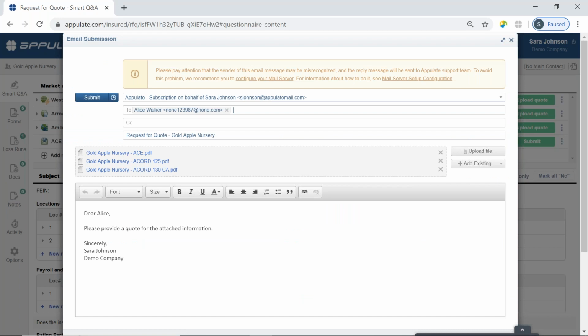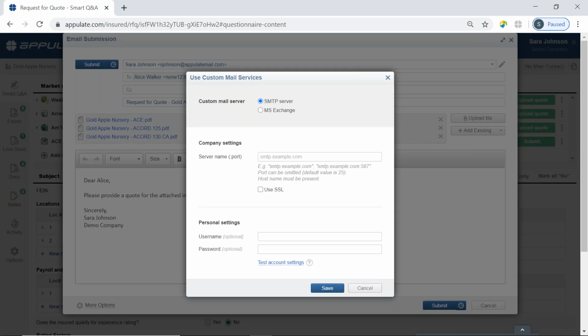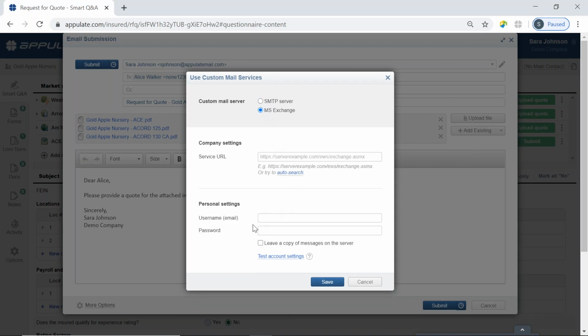ProducerConnect standard premium agencies, again, do not forget to configure your email. It's actually really simple to do so from the email side submission. The very first time you send one out, you'll get this yellow informational at the top. All you have to do is click on the verbiage, configure your mail server. If you use Gmail or anything like that, you'll use SMTP, so you will have to obtain your server port information. But if you use a Microsoft product like Outlook, you can click MS Exchange, enter your email address and your email address's password, and then click Auto Search. The system will then just find the service